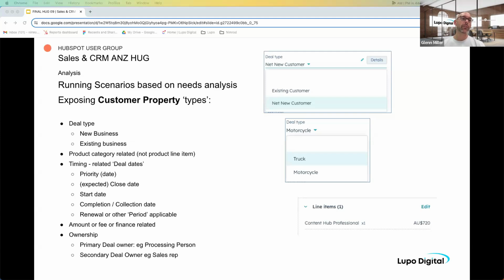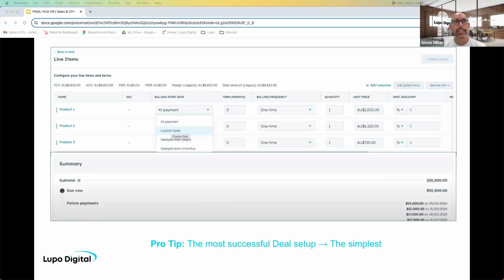Then we just move to amount or fee or finance related fields. So I've covered some of these already, but again, in terms of a use case, we might have a particular business that sells sponsorships, and they might sell sponsorship that spans over 3 years. And so the screenshot you saw just before is where these different pipelines kick in. And another way we could do it is having different amounts for each product on a line item basis. But when it comes to collecting monies or based on the amounts,